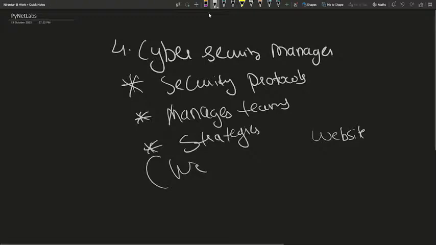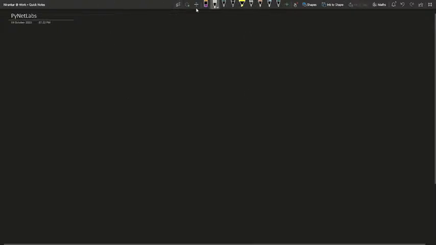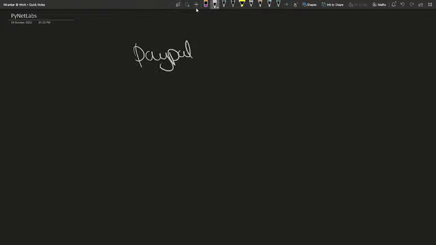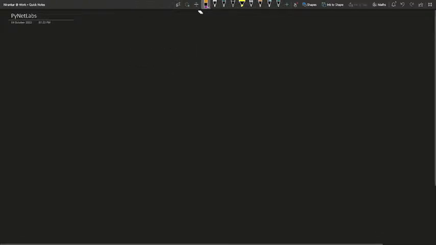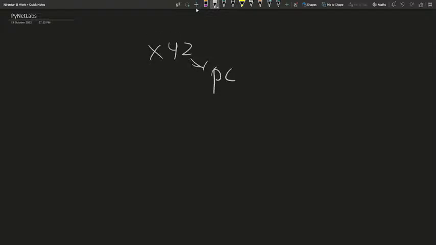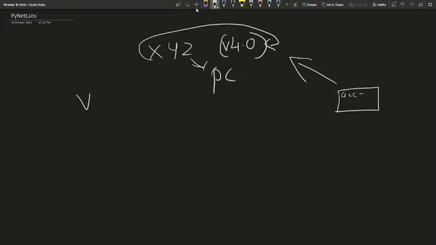If a system is not patched or not updated, a virus can easily attack it. A good example: let's say we don't use a real company name, and we have XYZ software installed on our computer, version 4.0. Hackers go with this version and find a vulnerability where they can log into any account without knowing the password. Now the XYZ company will update this to version 4.1, and your PC still uses 4.0.